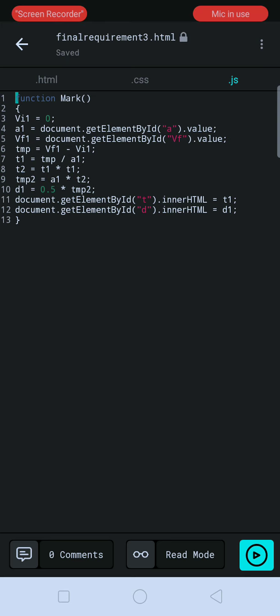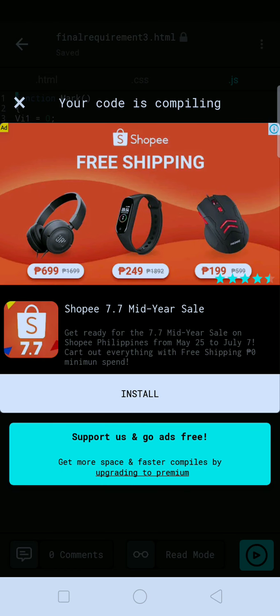Then t1 is equal to tmp over a1. Then t2 is equal to t1 times t1. tmp2 is equal to a1 times t2. Then d1 is equal to 0.5 times tmp2. Then document.getElementById t innerHTML is equal to t1. Document.getElementById d innerHTML is equal to d1. Then the output is